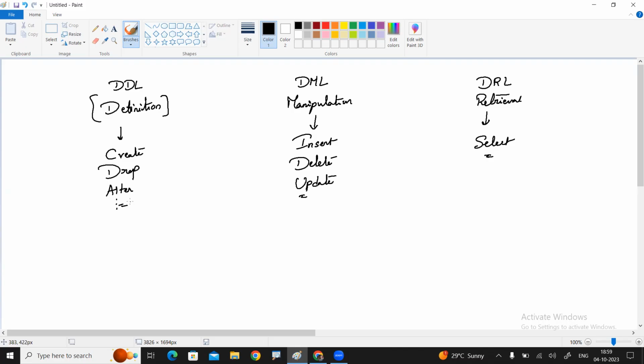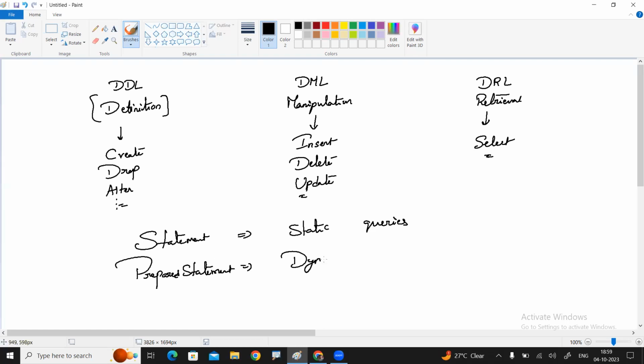And here, the statement object we use to execute static queries. I'll explain what static queries are. Prepared statement we use to execute dynamic queries. Here, static queries and dynamic queries are there.